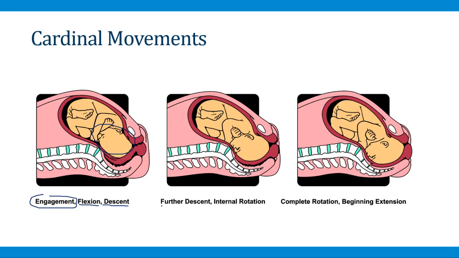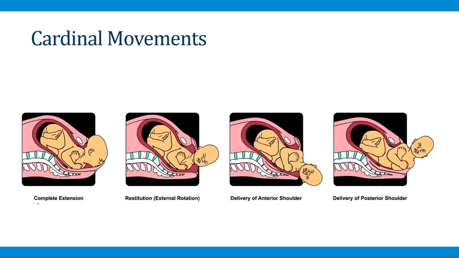After this, the baby descends further into the pelvis, and it has to internally rotate its head, as shown in the picture here. The baby then completes the rotation of the head, and then it begins to extend its head backwards. And that's what you can see here, where the baby is now beginning to push its head backwards and extend at the neck. The baby then completes the extension of the head as shown here, and then the head